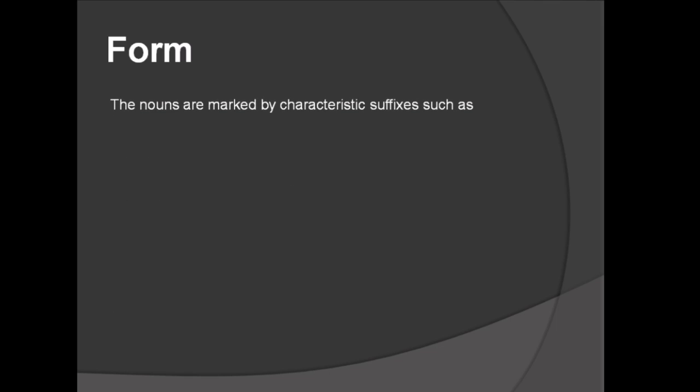Now as far as the identification marks are concerned, what identifies a noun, how are you going to identify a noun? There are certain characteristics. Which are these characteristics? There are certain characteristic suffixes. Those identify the form of a noun. In these types of suffixes, there are two types of suffixes.